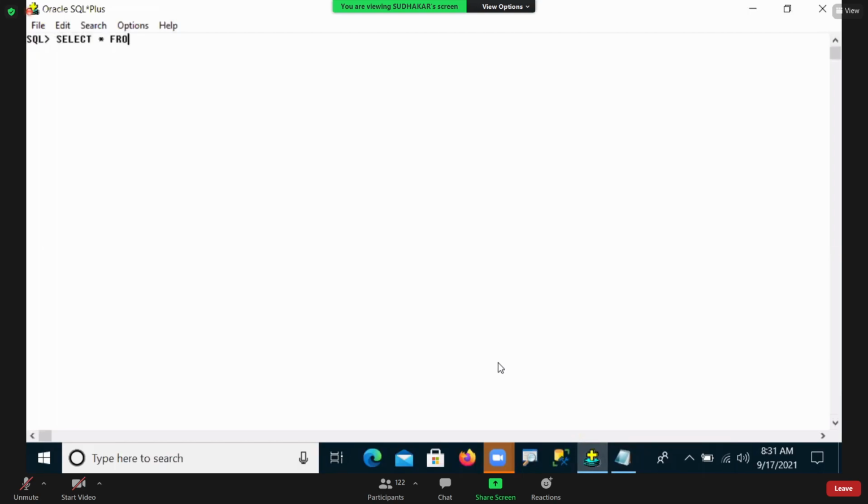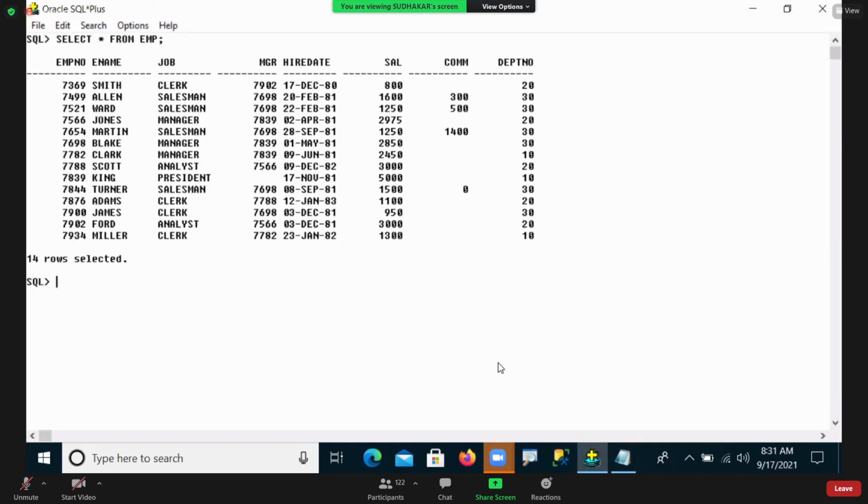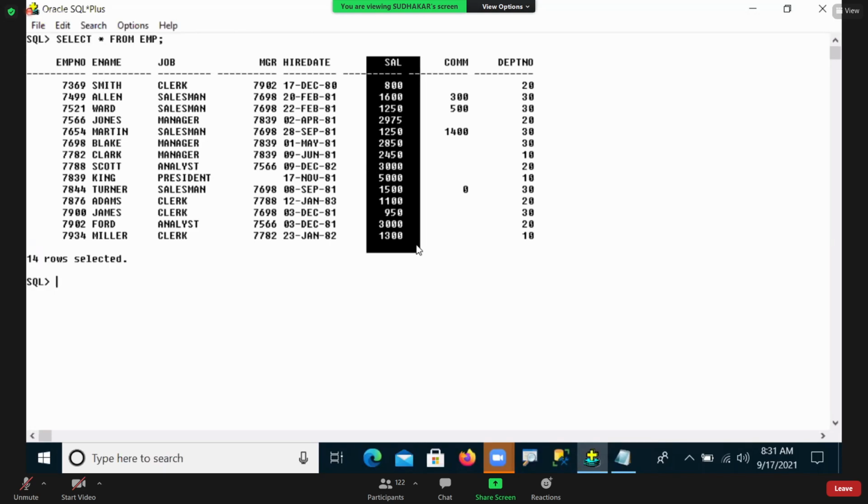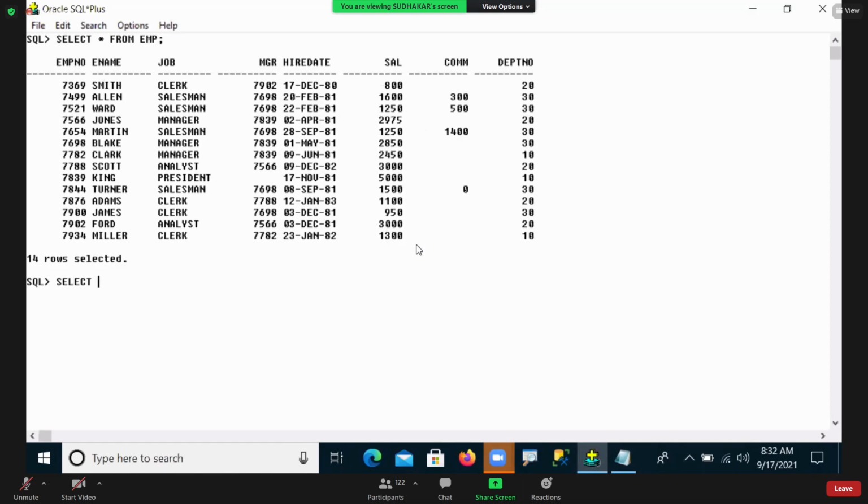First of all, I want to take my table EMP. Tell me guys, here we have a total of 14 employees, and we have the salaries of those 14 employees. But in this table, do you have any low salary or high salary columns? No, we don't have them. There is no low salary, there is no high salary, right? But those low and high salaries are in another table. The table is called the sal grade table.